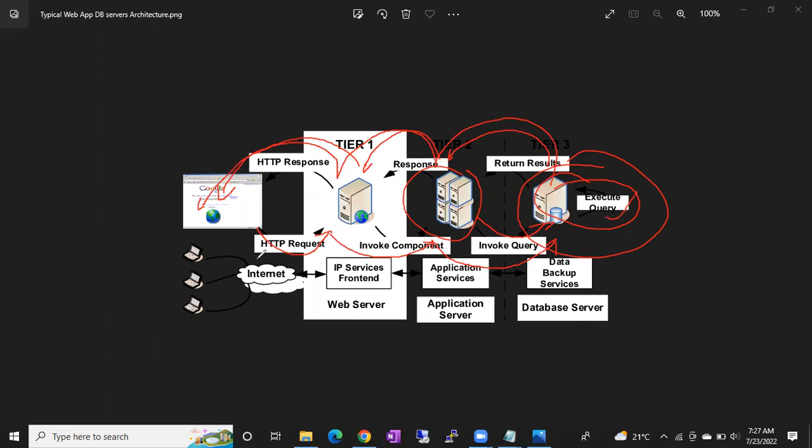How many actions? 1, 2, 3, 4, executing the query, 5, 6, 7. See here, 7 actions, guys.